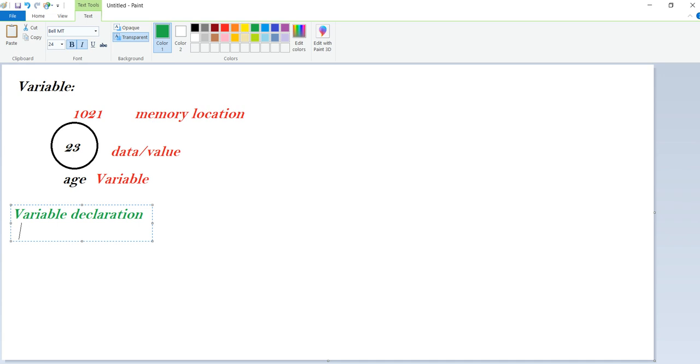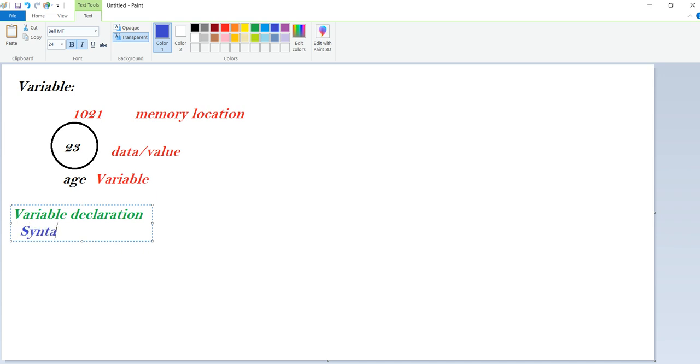How you are storing that data, whether in integer format, or float, double, character, whatever it should be, that we can say is variable declaration. So how can we declare the variable, and what is the syntax for variable declaration?